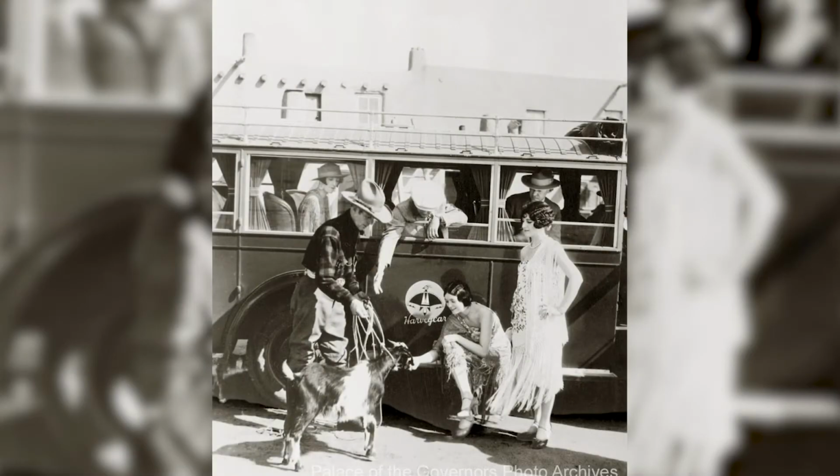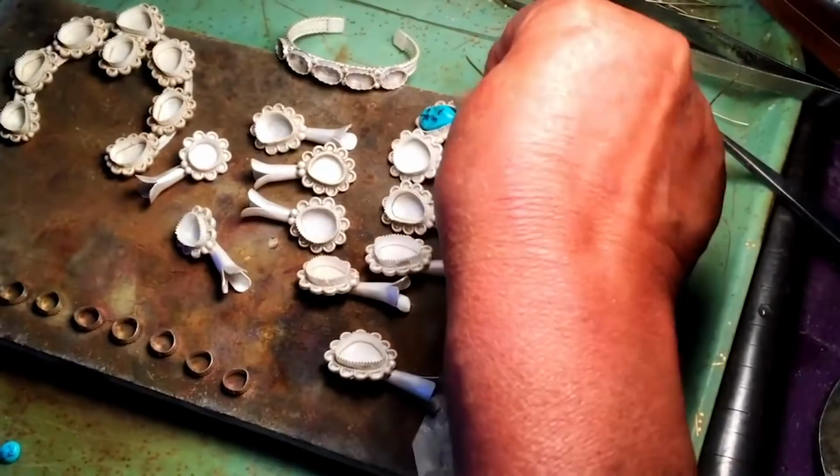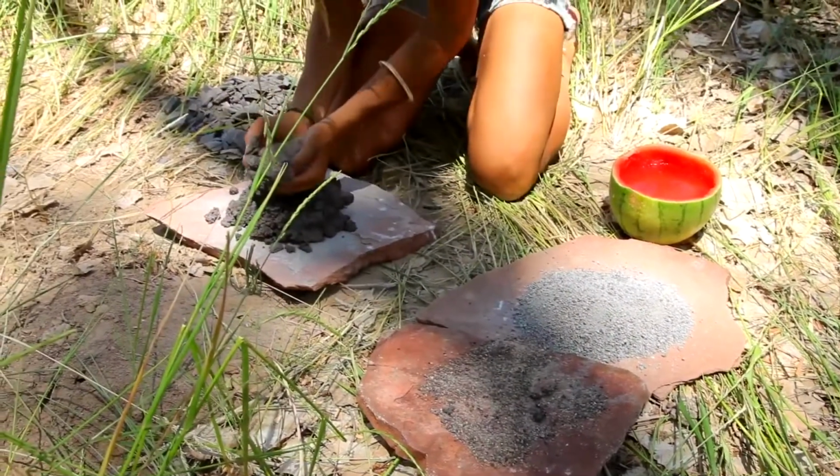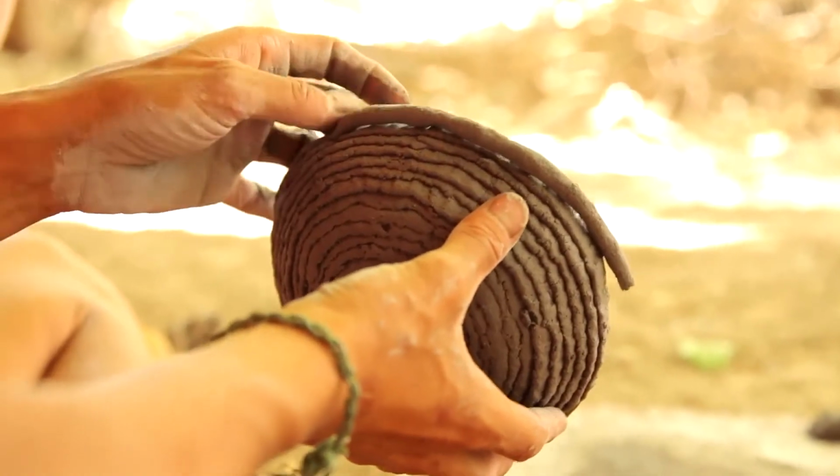Though the 1920s saw a boom for tourism and visitors to New Mexico, most of our pieces come from the 1930s and the onset of the Great Depression. Unlike silversmithing or jewelry making, pottery does not require expensive or labor-intensive elements, so it was cheaper to create and could be used in bartering or selling to those wealthy enough to travel and to be able to buy luxury